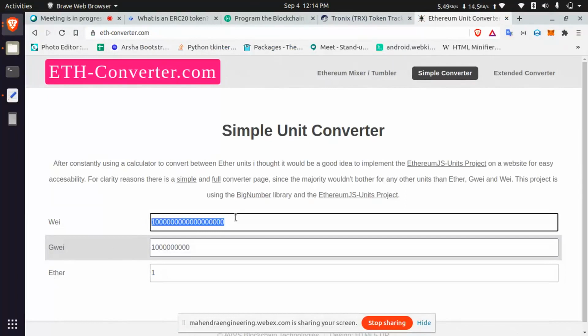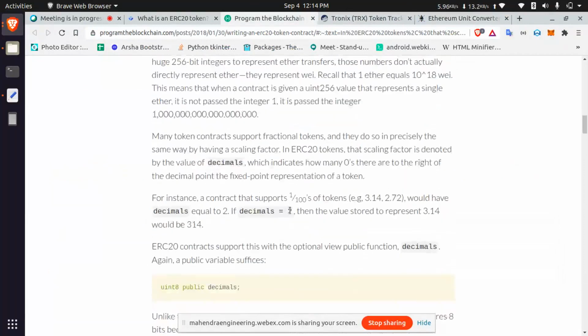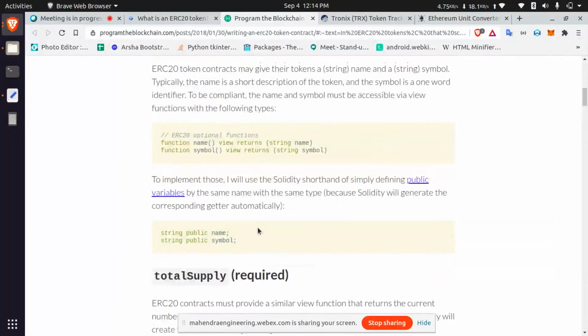This is 18 decimals. So by default ERC20 tokens will take 18 decimal points. Okay, so this is how the decimals will work. Decimals is a uint, and name and symbol are strings.